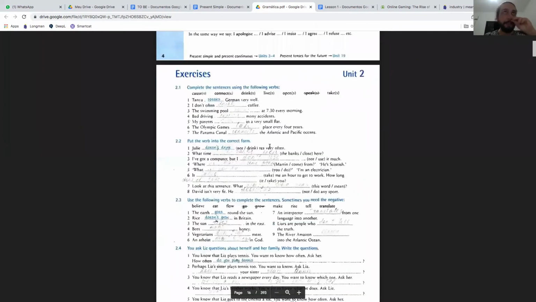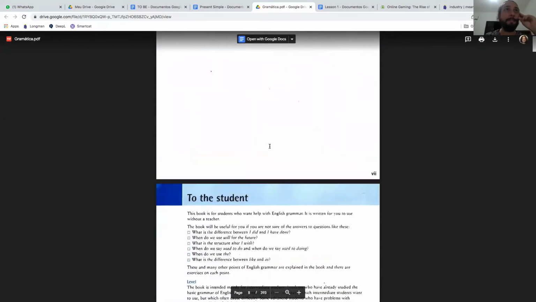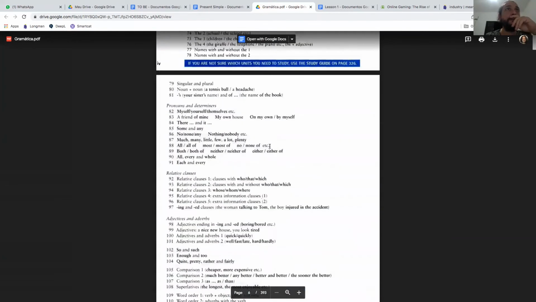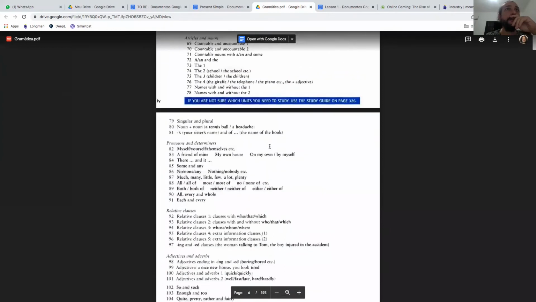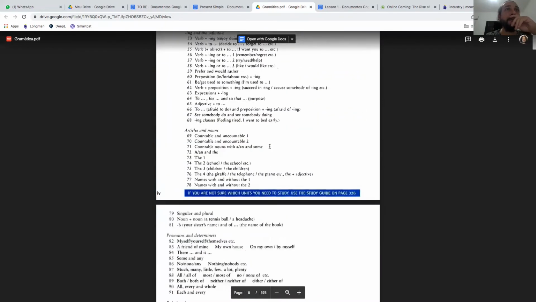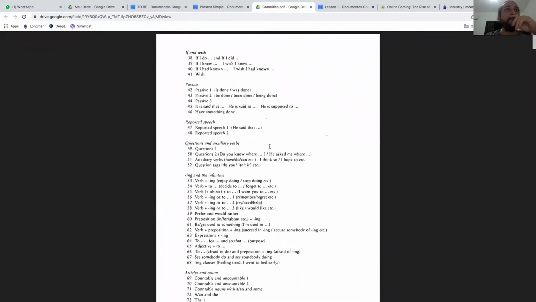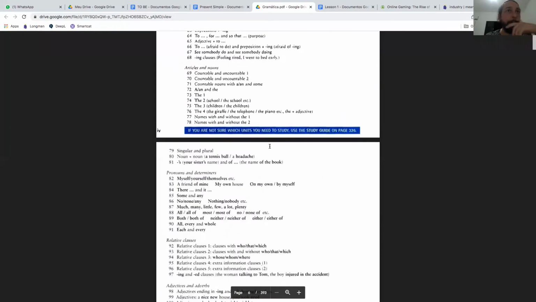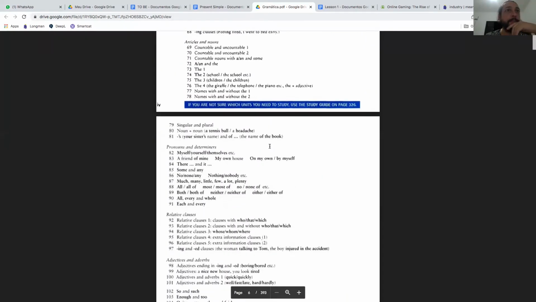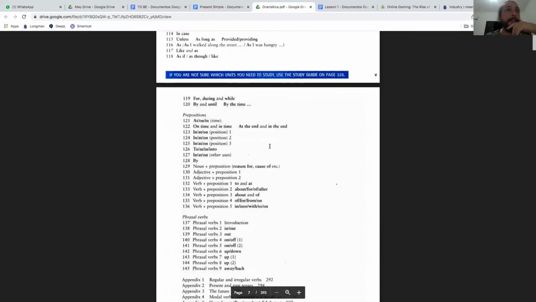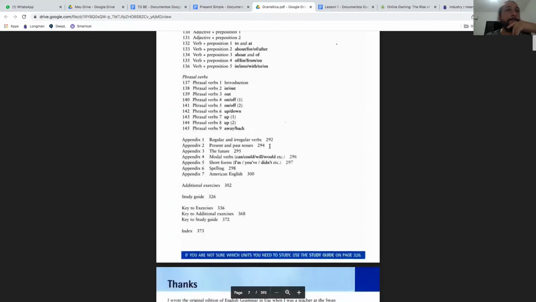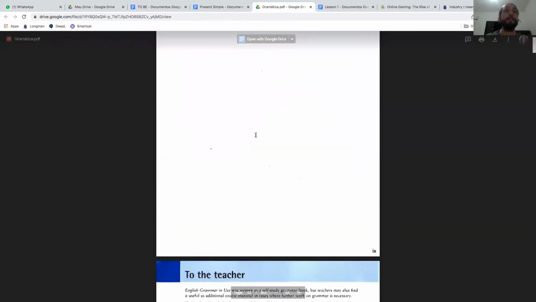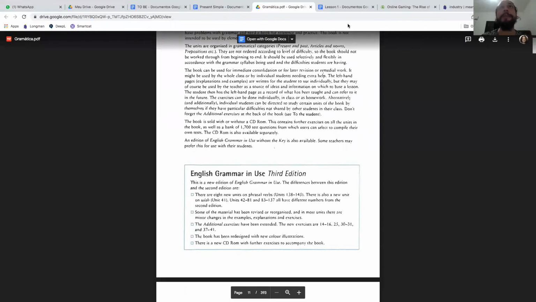And let me have a look here in the index. There is another important thing. Relative clauses. There is and there are. Where is it? Okay. I don't think you will find it in this book exactly, but I will find it for you and I'll put a reference for you. Yeah, let's go back to the lesson here.